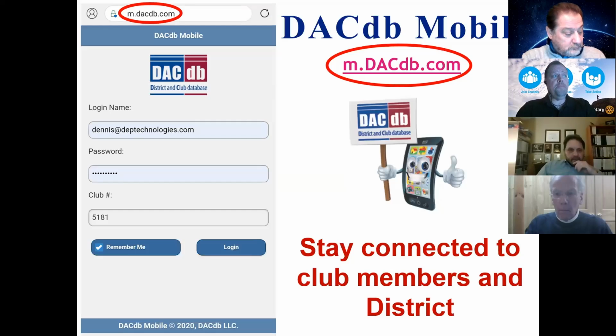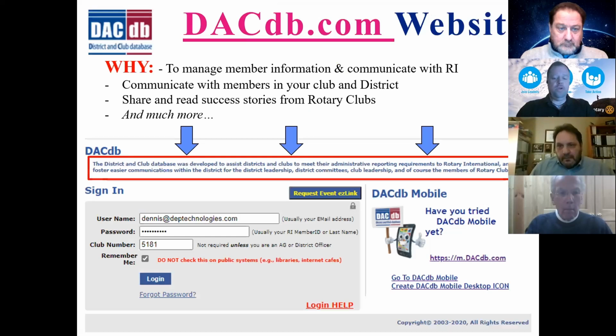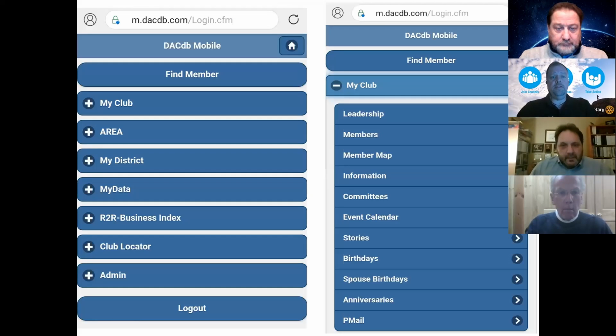So real quick, there is a mobile version of DAC-DB. Now, this is not an app. It's actually a website. So if you type in m.dacdb.com and you sign in, you are going to have so many resources at your fingertips. So you can see your club information, clubs around you, leadership, and you're also going to have the ability to,